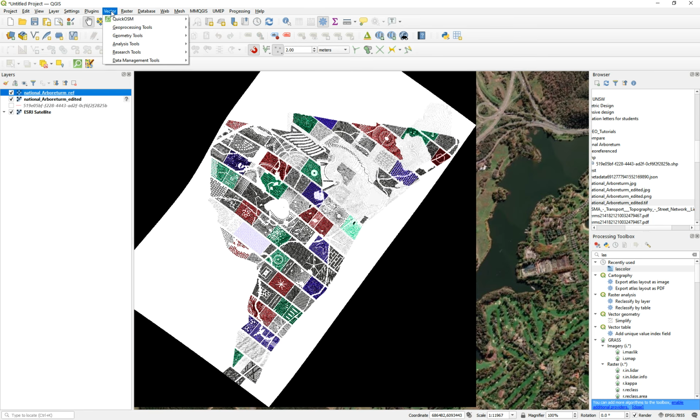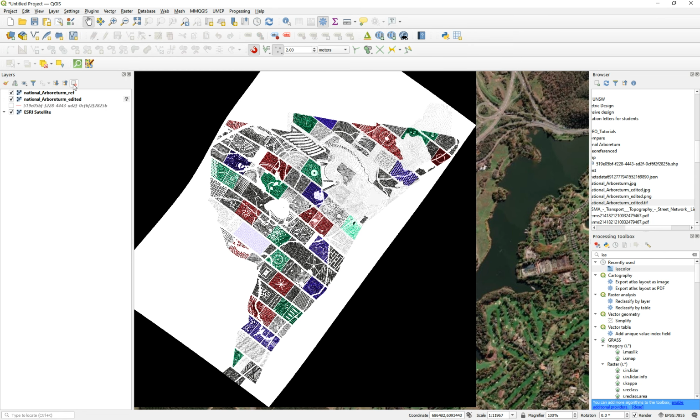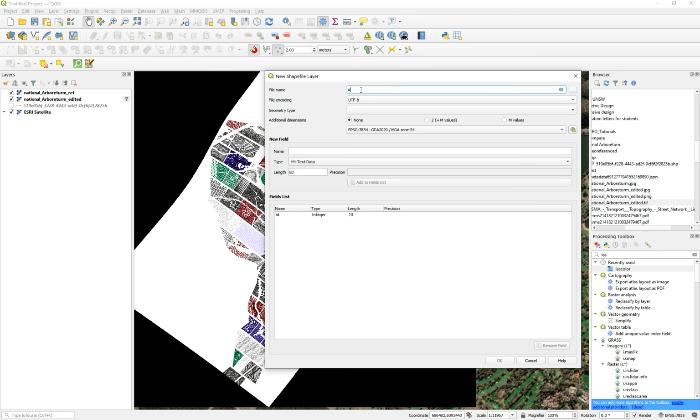So to do that, we need to create a vector. Raster, no vector. We just need to right click. Sorry, vector. And it was not vector. It was layer. Create layer, and then you can put new shapefile layer. So what we're gonna do is say arboretum, and we are gonna call it a polygon. That's good. The zone is 55 because it's Canberra, and the name, we don't need to create more, and just